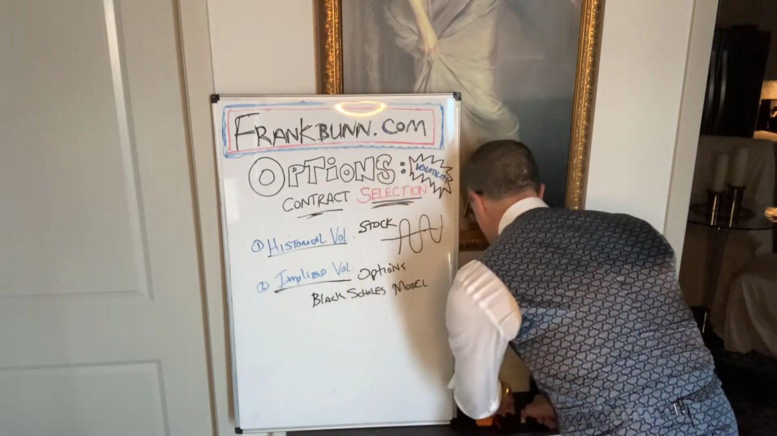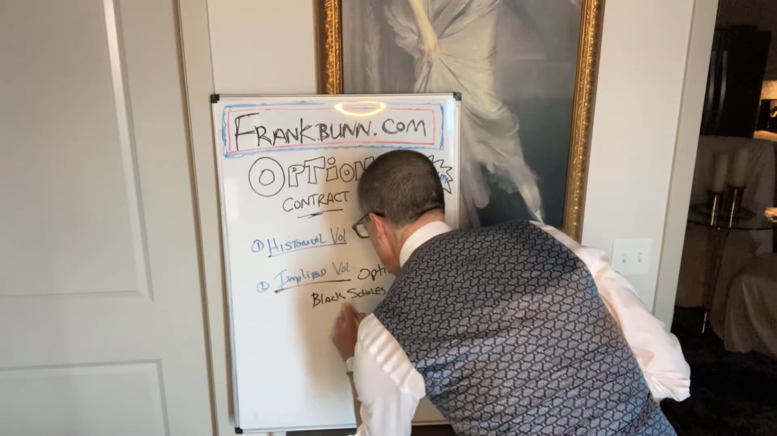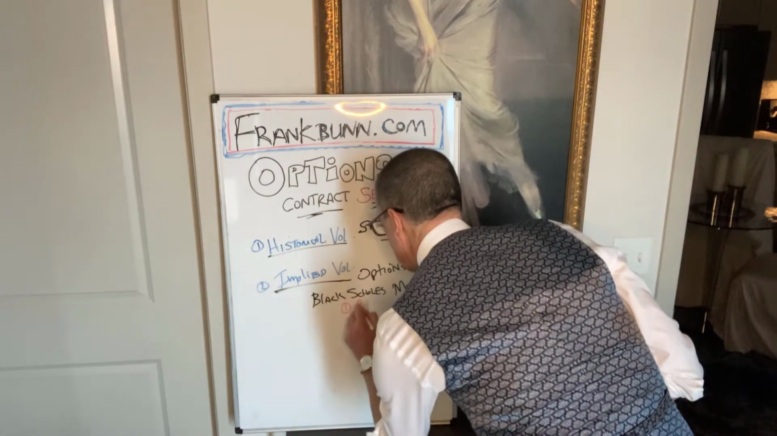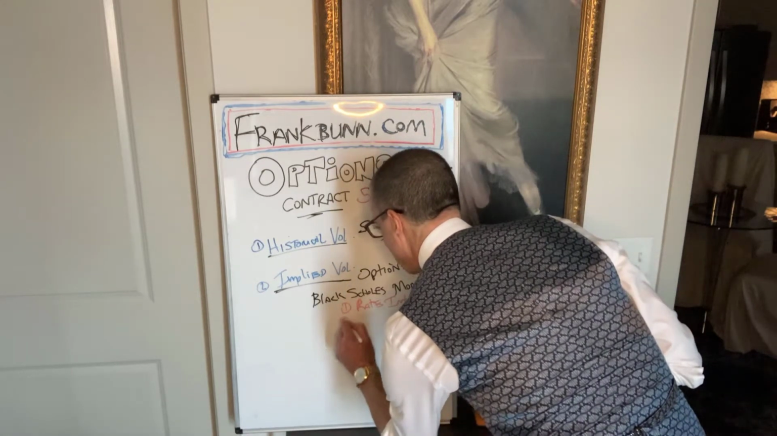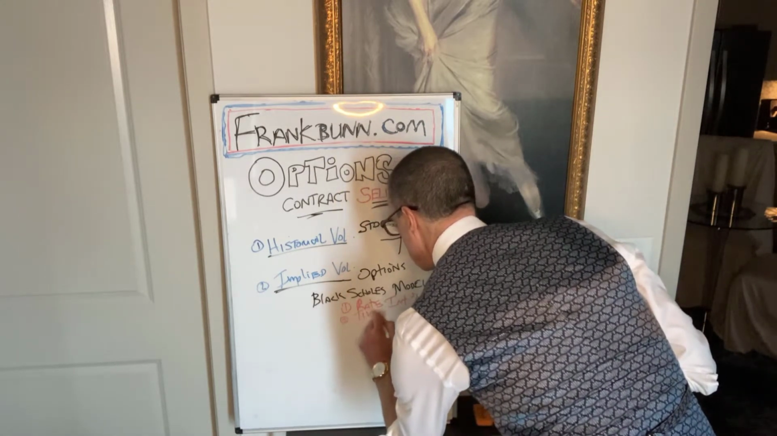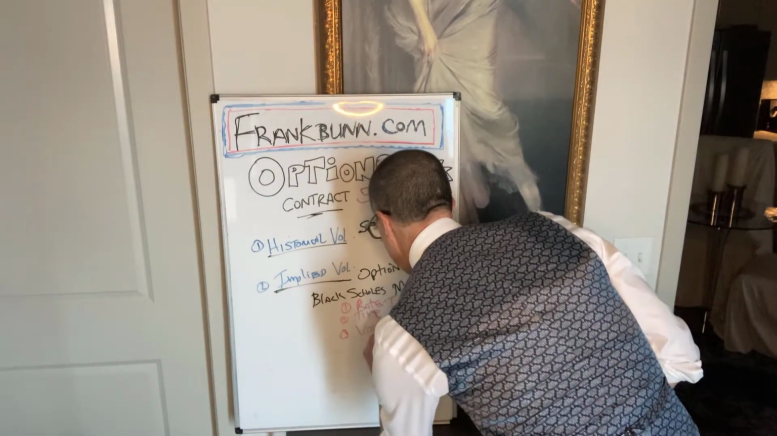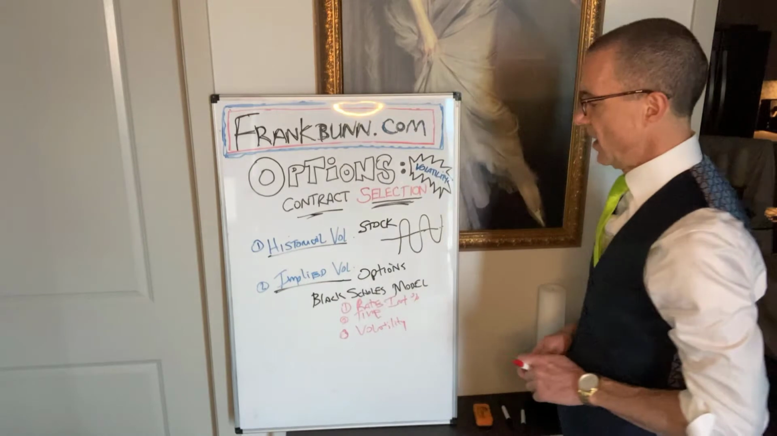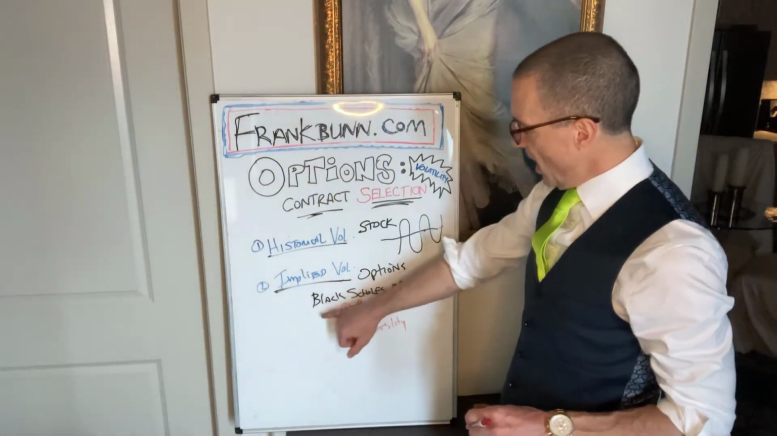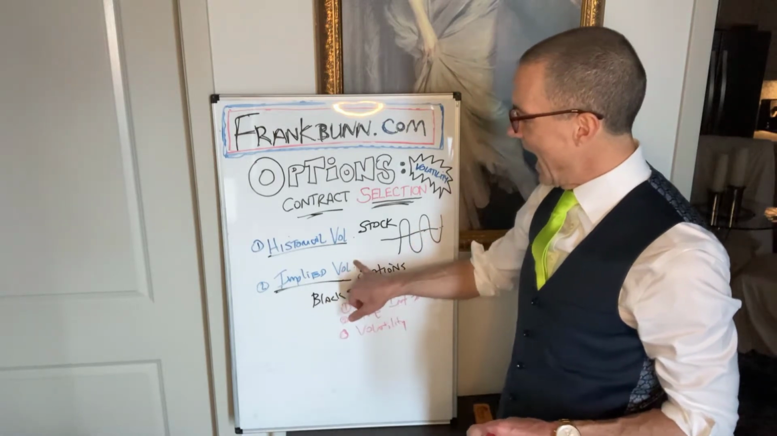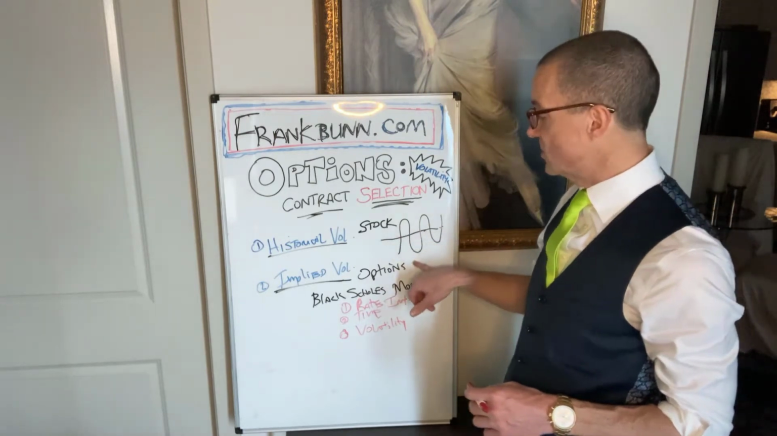Black-Scholes is based on a bunch of different things. One is a risk-free rate of interest, so an interest rate, time, so the time to expiration, and volatility. Black-Scholes takes into account those aspects and arrives at a certain implied volatility for that specific contract